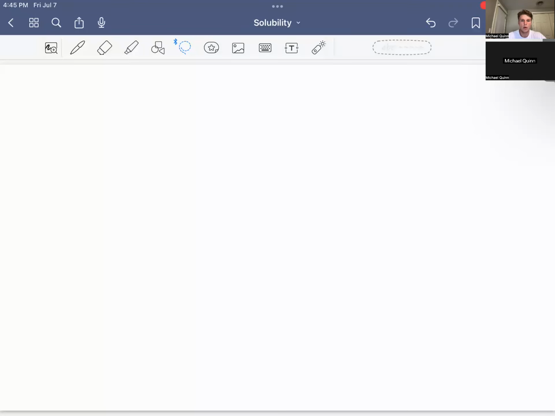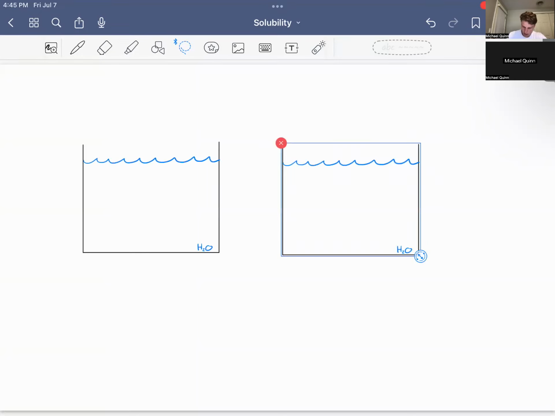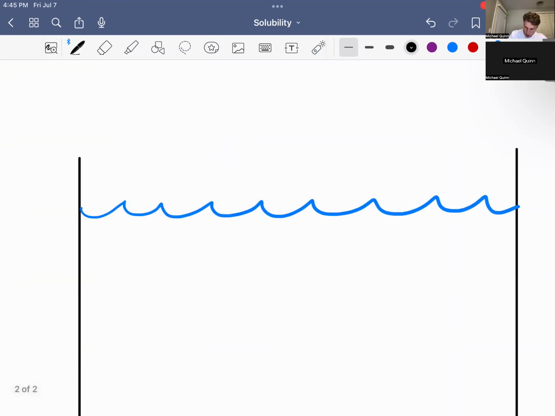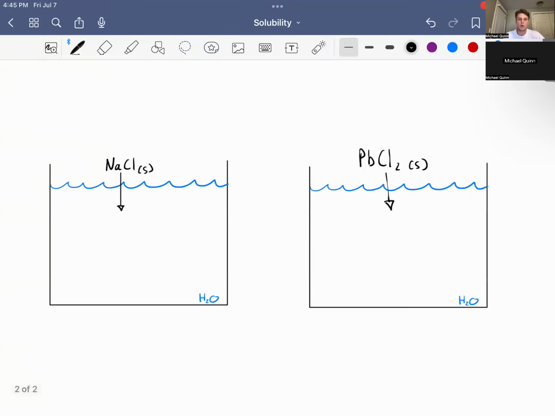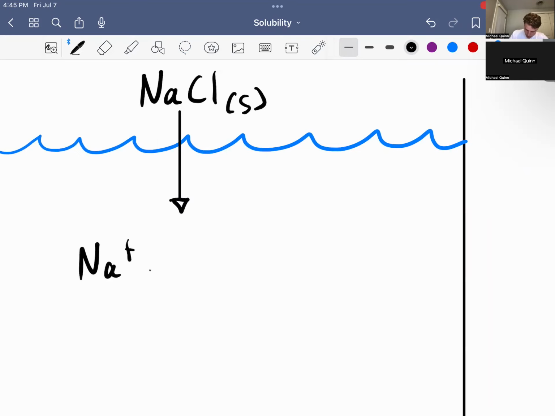In this video, I'm going to be going over how to write the equilibrium expression for dissolving a solid into water. So if we have our two beakers from the previous video, in one beaker, we are going to dissolve sodium chloride into water. In our second beaker, we're going to dissolve lead chloride into water. Now, from the previous video, we saw that sodium chloride was completely soluble in water, which will break up into sodium plus